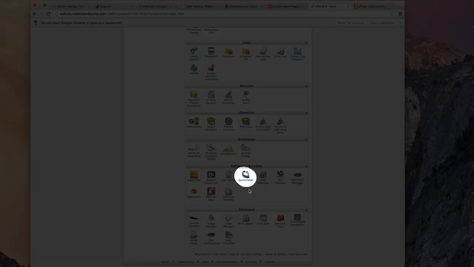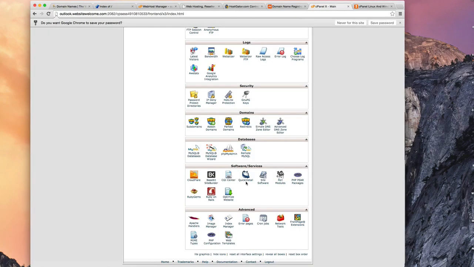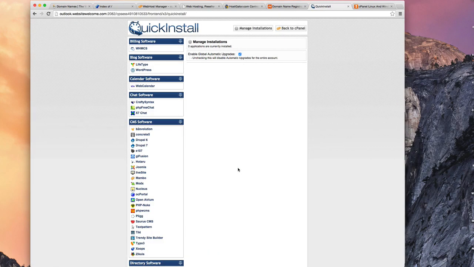So if you took a cPanel account with HostGator, you'll see something like this, quick install. Other hosting companies might have something called Fantastico. So look for either quick install or Fantastico in your control panel. I'm going to go ahead and click quick install. And here are the options of software that I can install. So there's a lot of software you can install, but if you look through your list, you'll find WordPress. So I'm going to select WordPress,